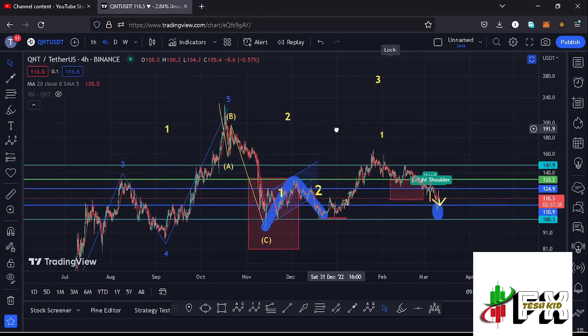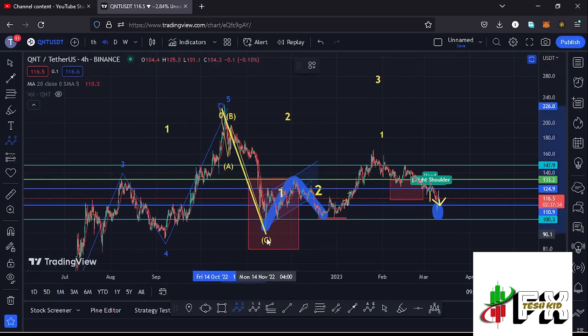ABC corrective structure, where we can term these as the wave A, then that is the wave B giving us a peak at around the $165.5 mark, and there are chances that in case Quant continues to give us a breakdown over here, continue losing key areas of supports like the area of support at around the $110.9 mark and also the area at around the $100.3 mark, there are chances that